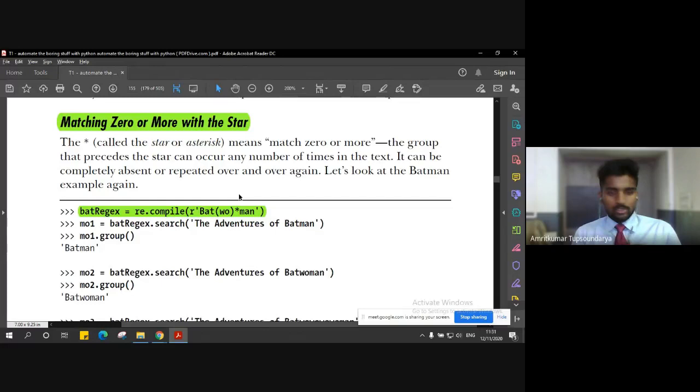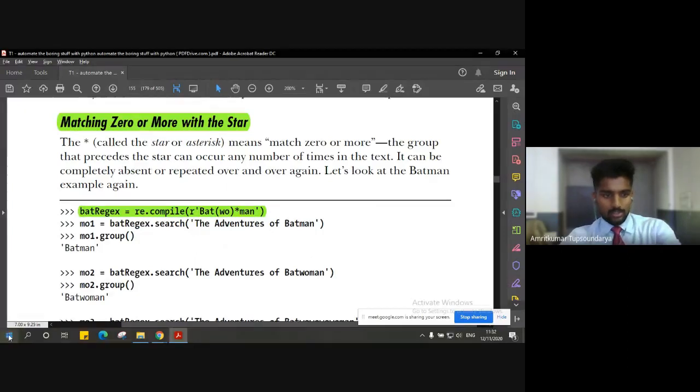Please note the difference from what we have seen: grouping using parentheses, then matching different groups using pipes, then optional pattern matching using the question mark, and now pattern matching using the asterisk, which is for zero or more instances of a regular expression. So we have the same regular expression, just with the question mark replaced with a star.